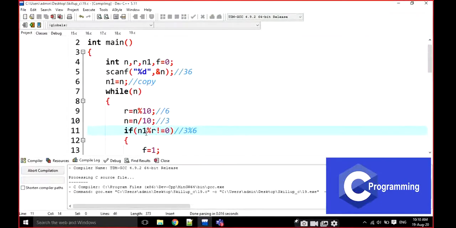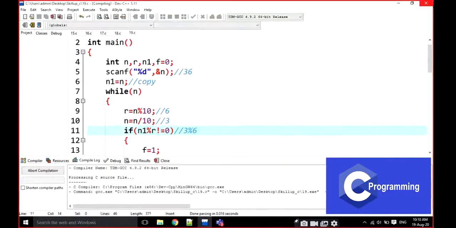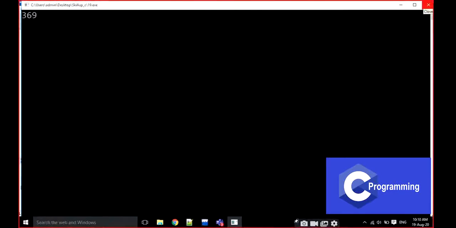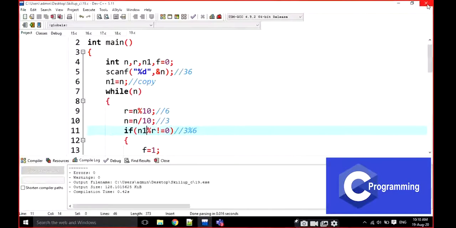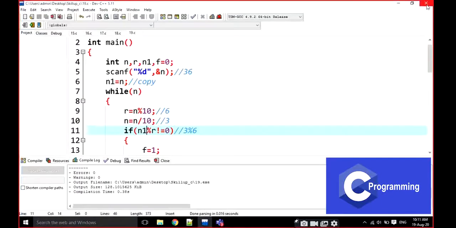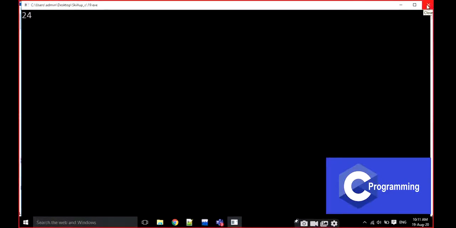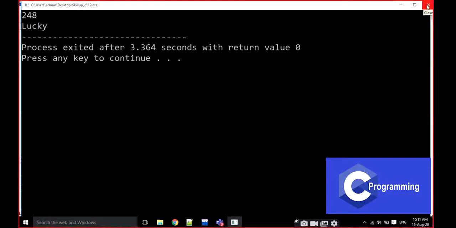For example, I am going to check 983, it is not a lucky number. Okay, like this. For example, I am going to check 369. It is not a lucky number. Any other number? Any big number? For example, 545. I don't know exactly. 248 is a lucky number.